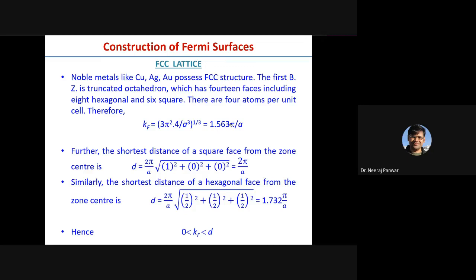But you can see what is the distance from the origin to the zone boundary. It is π/a, and the radius of this sphere is 1.563π/a. Therefore, the Fermi sphere or Fermi circle will lie in the second Brillouin zone,